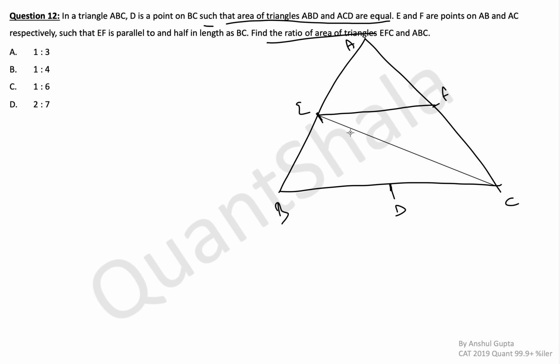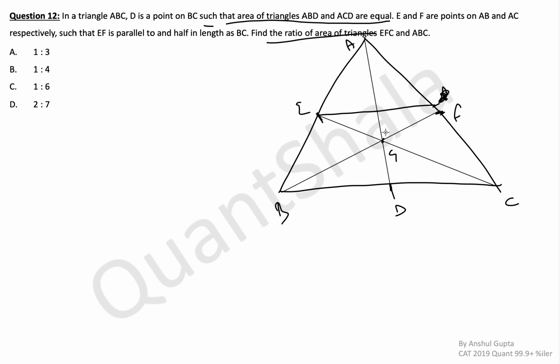So what can we do here? I'm just trying to make you understand the thought process. We don't have much information here, right? So one thing that we know is that if we draw all the medians, we know something about the areas. So let's try to draw all the medians. So A to D is a median, and then B to F will be another median going through this centroid. So this is our point F, and this is our centroid G.